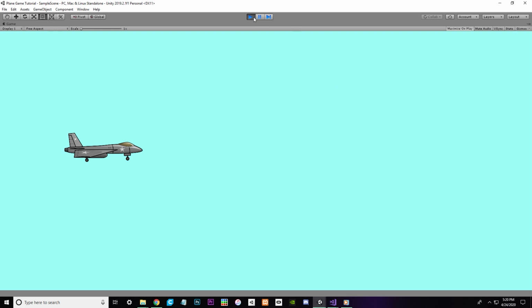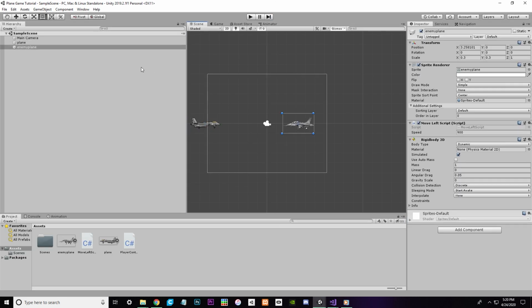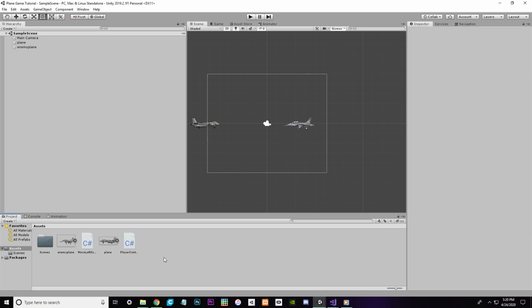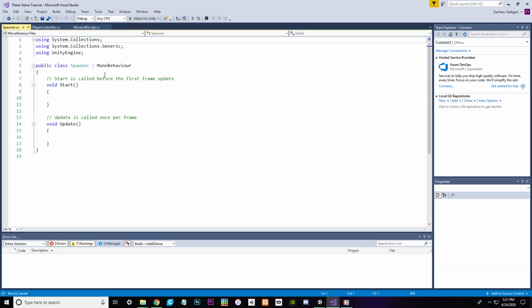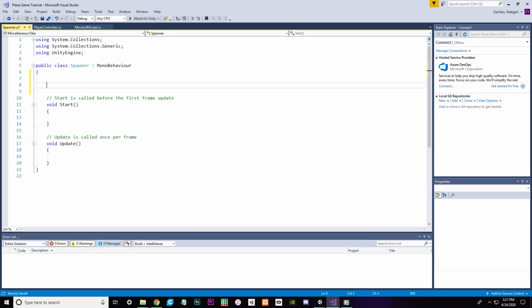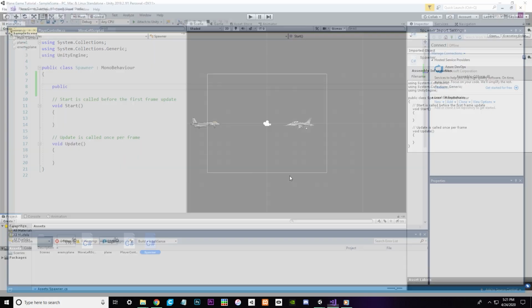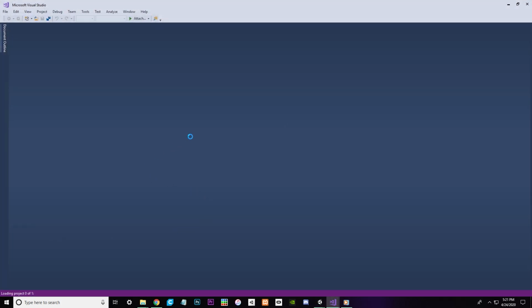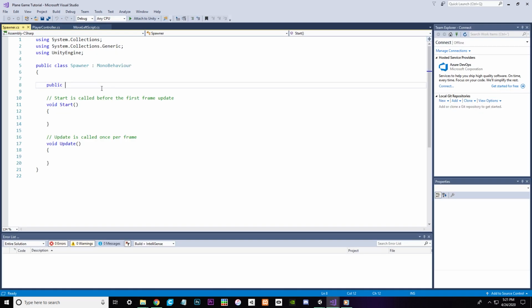Perfect. So the next thing we are going to add is a spawner system. We need to be able to spawn things from the side. This spawner system, the script is going to be used for the enemy planes and coins. So for the spawner, we are going to need a public GameObject spawnPrefab. Let's just quickly restart my script, sorry. So a public GameObject spawnPrefab